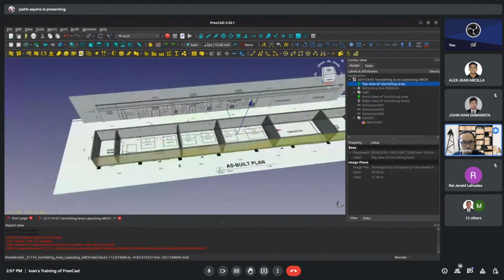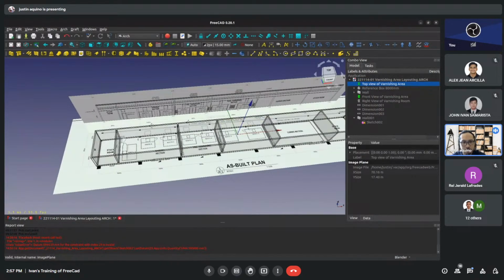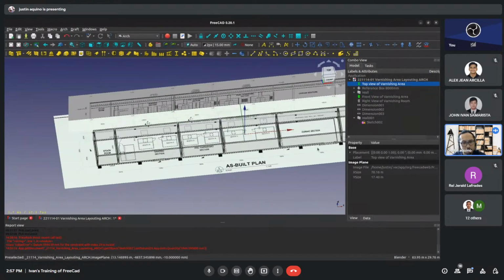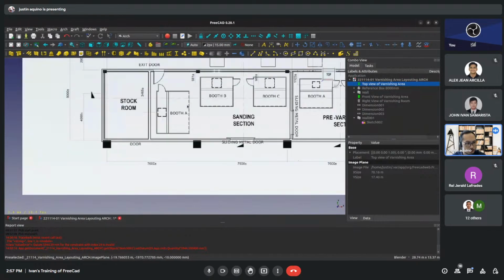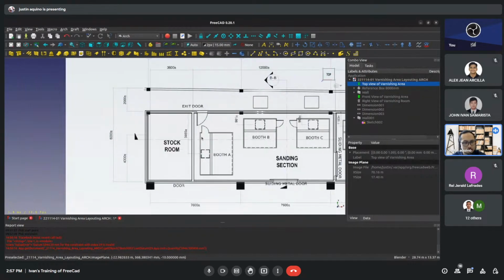So the hard part is doing the walls, and then for Ivan naman. Alex, if you can just work on the walls, that would be great. And then key to this is the dimensions. So once you do that, you're gonna have to set up dimensions, and in the system,